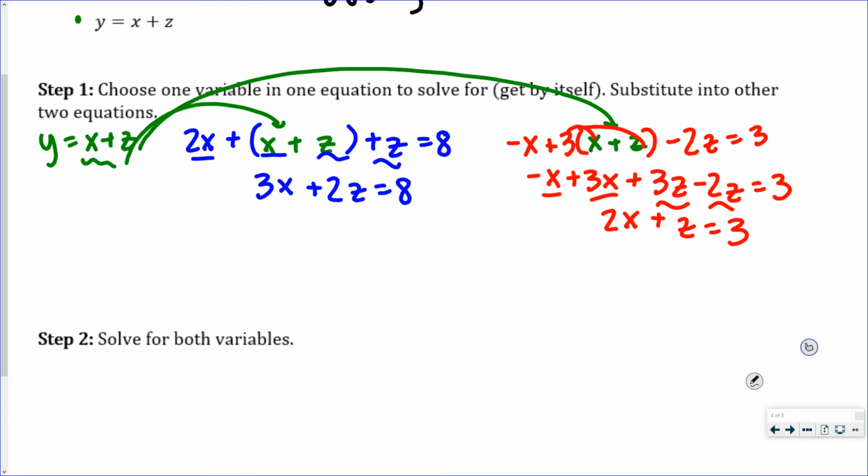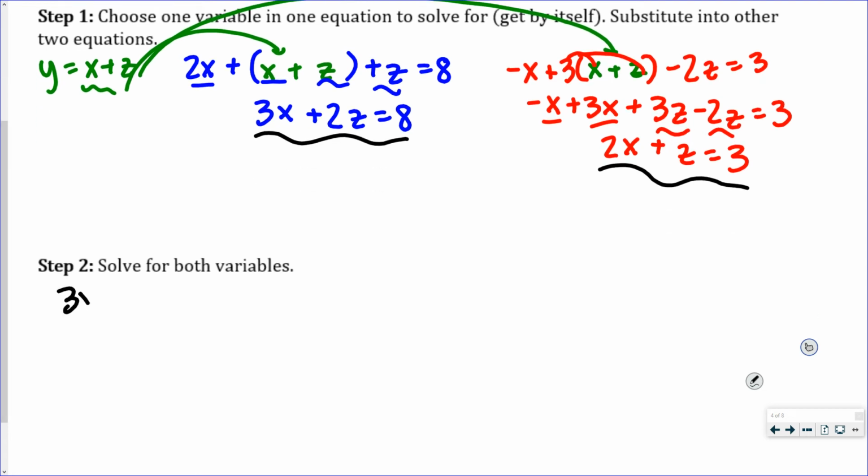Okay, so again, you should get 2 equations with the same 2 variables. Do we have that here? Yeah, I have 2 equations with x and z. All right, so from here, step 2, you guys know how to do this. If it helps you to rewrite it